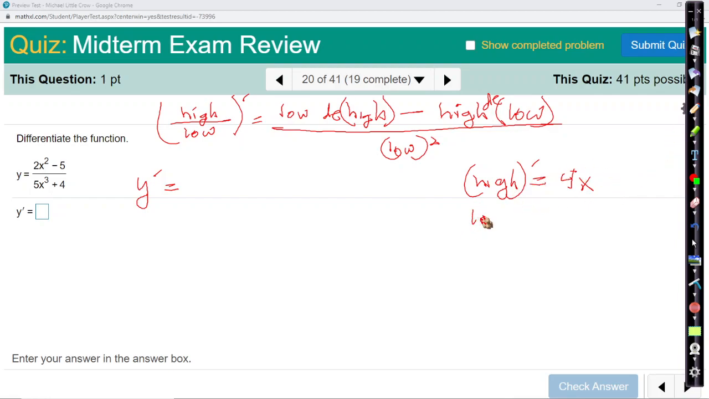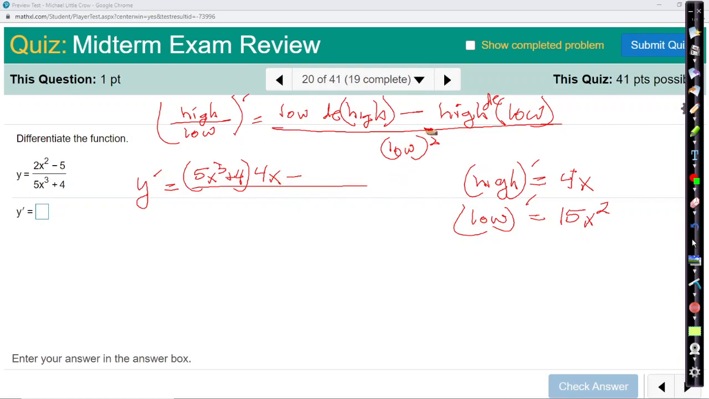The derivative of the low, 3 times 5 is 15, x squared, right? 3 minus 1, and then the constant, the derivative of a constant is 0. So now when we do this, we take low, and again the original low, so that's going to be 5x to the third plus 4 times d high. D high is the derivative of the high, 4x,